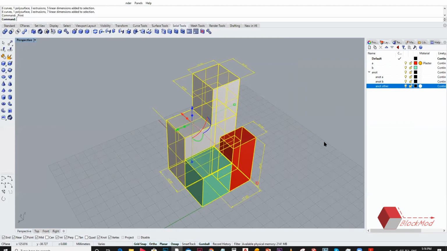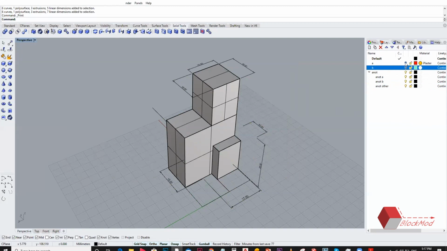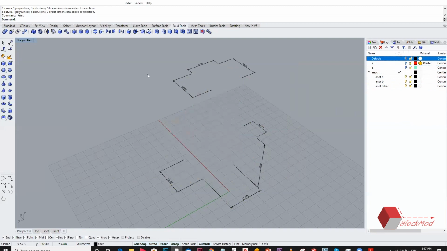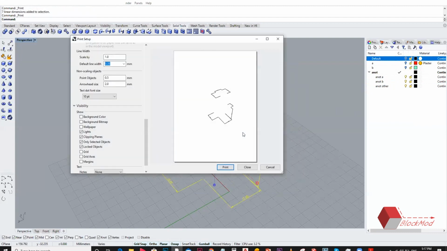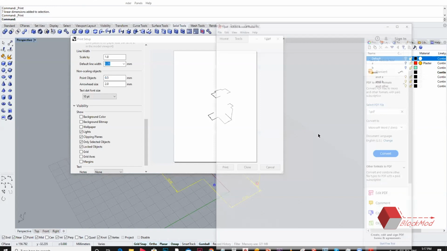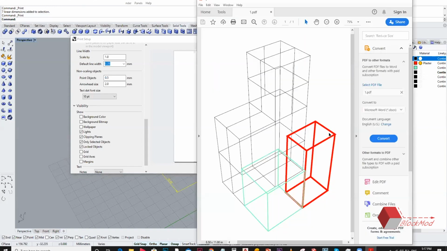Or if you just want the objects to be seen, close the rest of the layers and select this, say Control P. Because your viewport didn't change, this PDF, as soon as you drag and drop in Photoshop, will exactly align to where the objects are, which will probably help you develop this in a proper way.